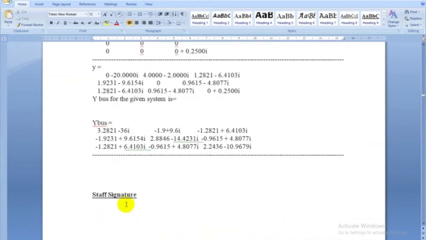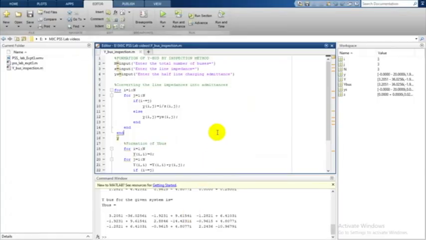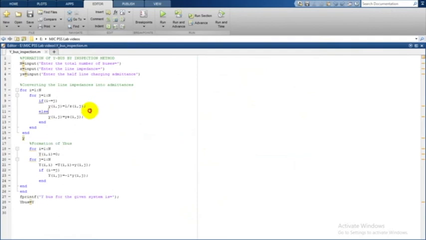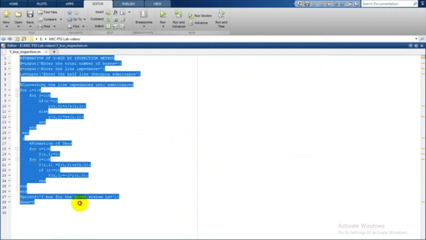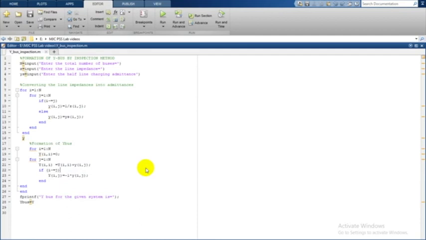So this is the final result of the Y bus matrix, and this program is implemented in MATLAB software. See, this is the program. I will maximize this. See, type the program as it is, like you did in the previous semester in DSP lab and all, no? So same program you type as it is, whatever I explained. Same as it is you type, then you run the program.